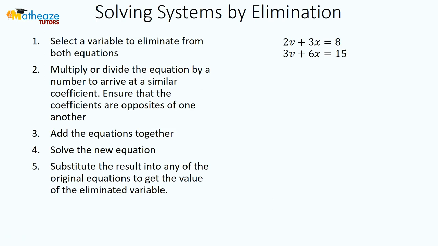Now for this example, I am going to use the other method, which is make sure that when we're done choosing the term to eliminate, they have opposite signs. So we look at this, we have 6 here, we have 3, we have 2 here, we have 3. So you can see 6 and 3 have a multiple relationship. So because 6 is a multiple of 3, and I want to make sure that the sign here is different, I'm going to multiply the first term here by negative 2. So that's going to give me negative 4v